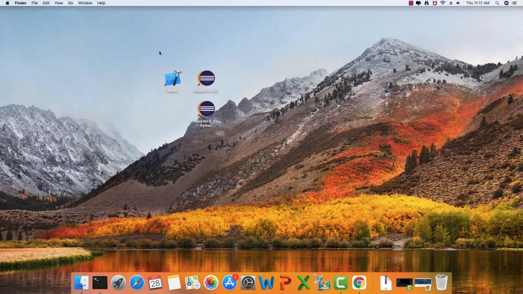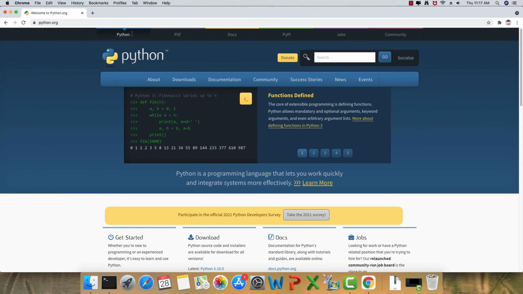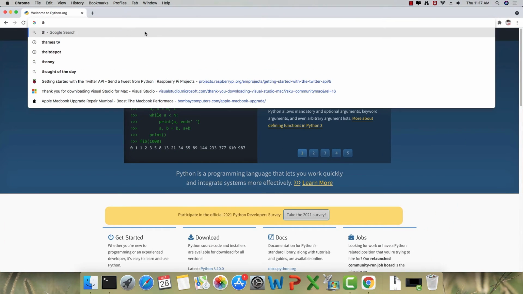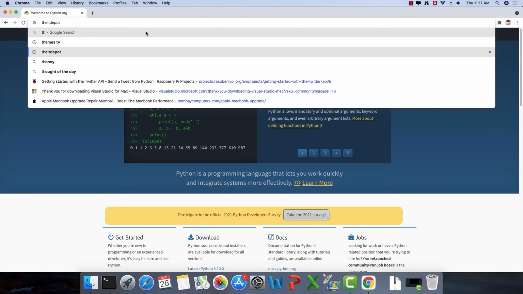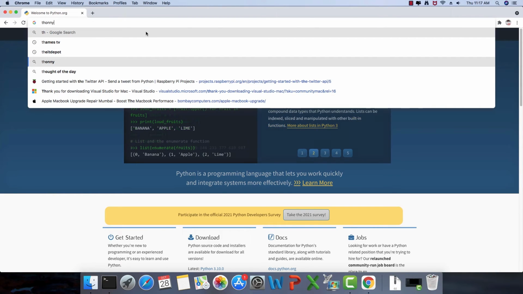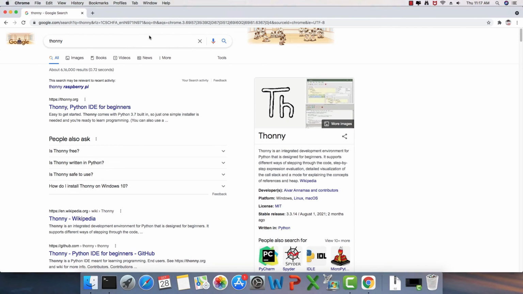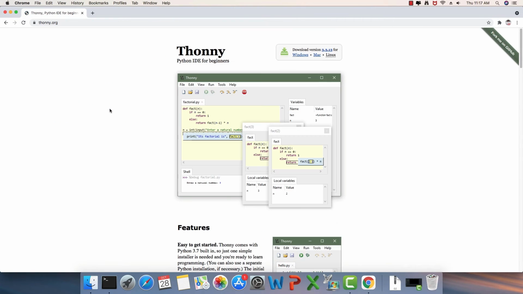Now IDLE is good, but we need a better IDE. So for that I'm going to go to the Thonny Python project, T-H-O-N-N-Y. Thonny is an IDE for Python.